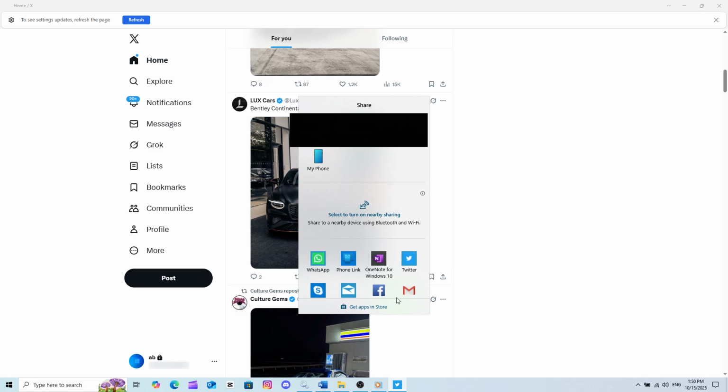So now open the X app, find the post you want, click the share icon, select Share Post Via, and share it wherever you like,